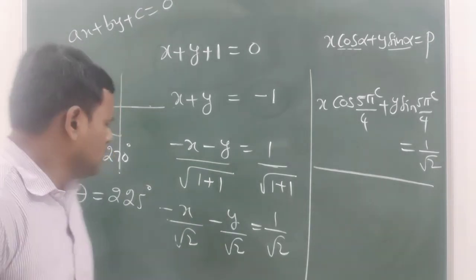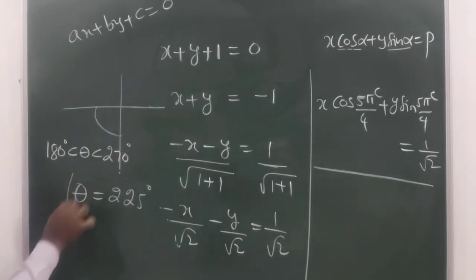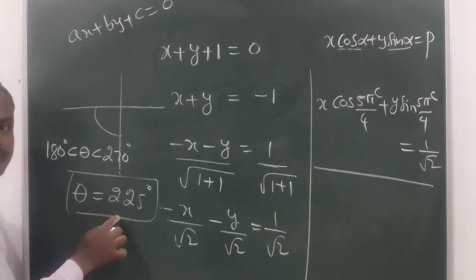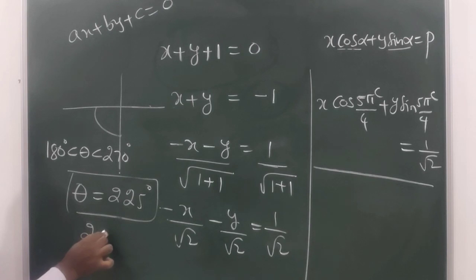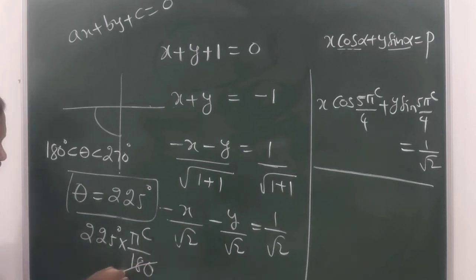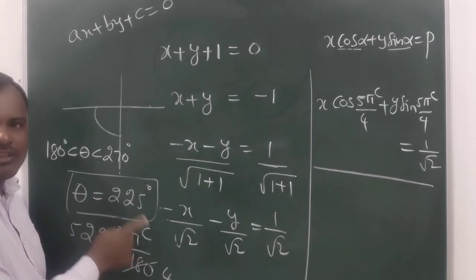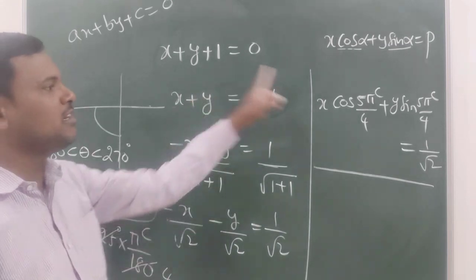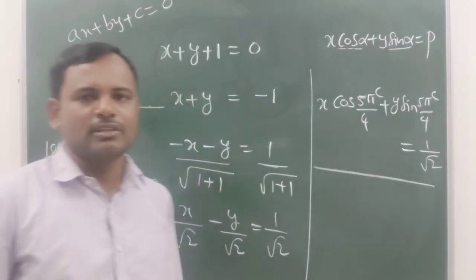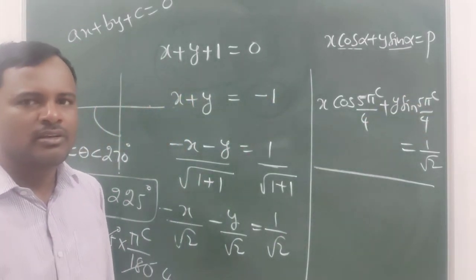Okay, right. You know how to convert this degree measurement into radian measure. Simply multiply 225 degrees by pi radians by 180. 45 4s are 45 5s are. So that you will get this angle in radian measure, because in the options we will find the answer in terms of radian measure. Okay, thank you.